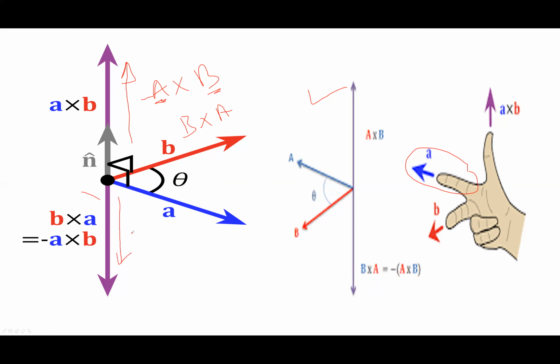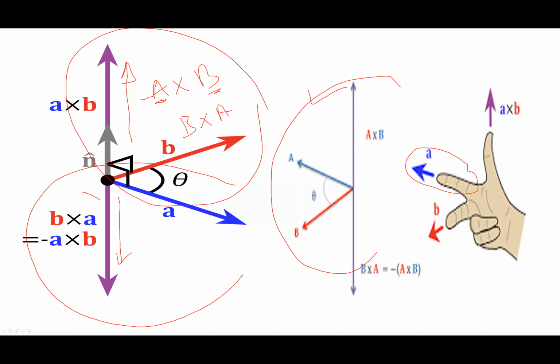So apply this to the given diagram. Apply the rules shown in the figure on your screen. Apply it to the given diagram, to this diagram, to this one, and to this one. Keep this finger in the direction of the first vector and this in the direction of the second vector. The thumb will give the direction of the resultant vector.